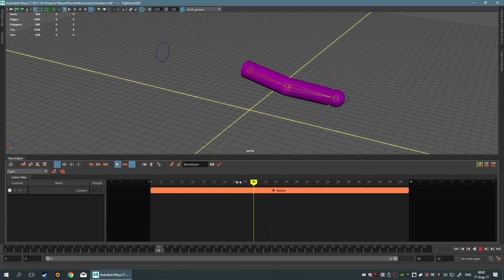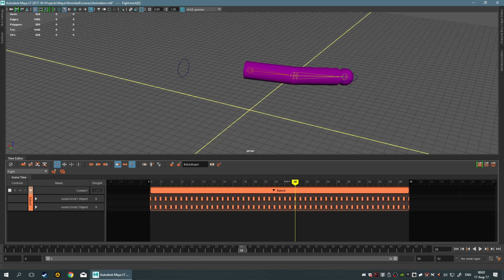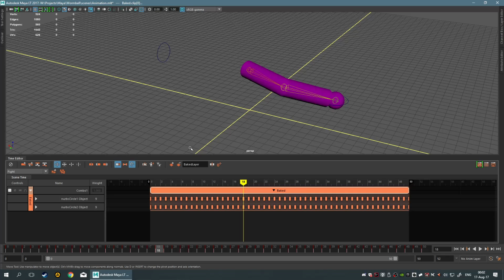Delete these tracks because I don't need this. Obviously, this is not what I want because I was screwing around with my animation here, right? So this is definitely not what I want, but it is baked, okay? Now, if I go ahead and export this, I'm actually going to export this with the curves, and that's the